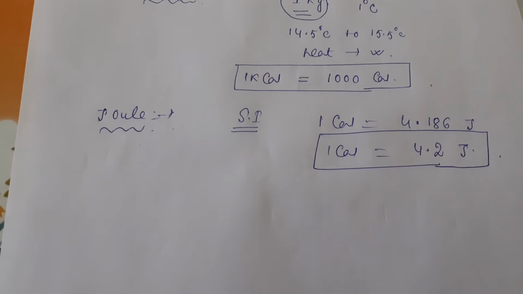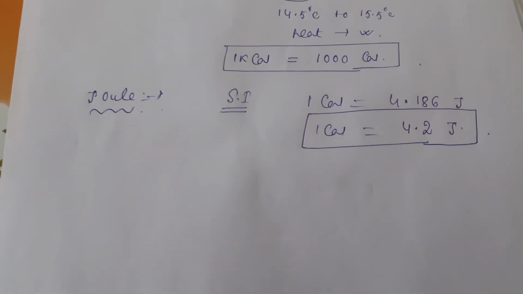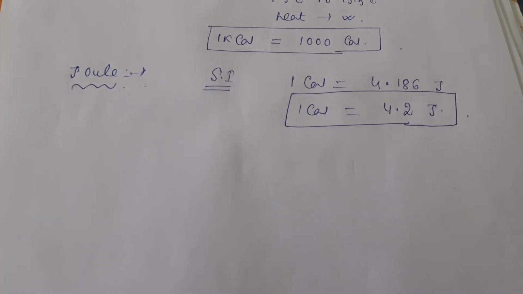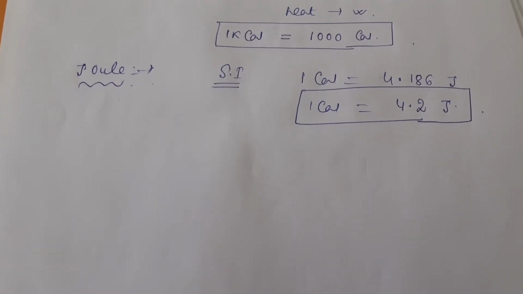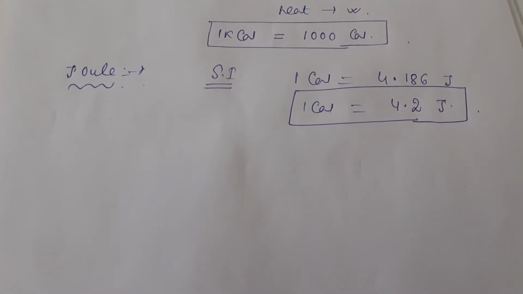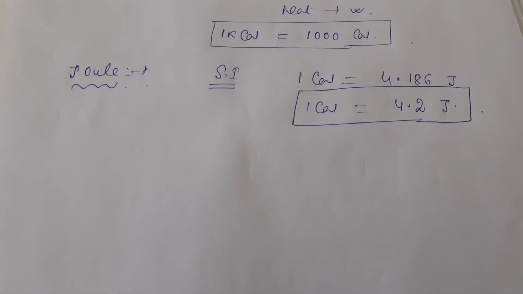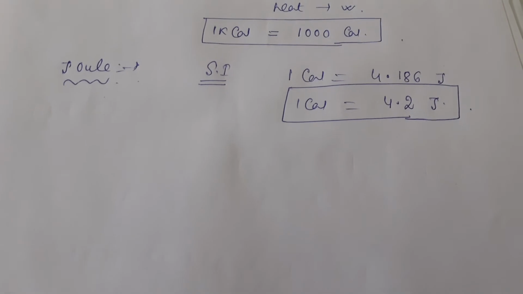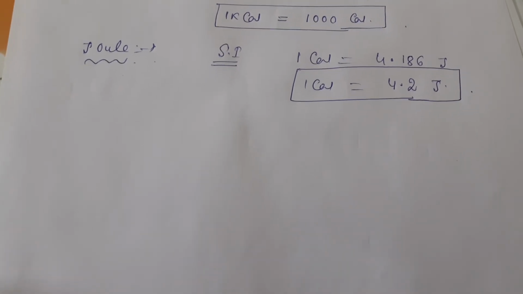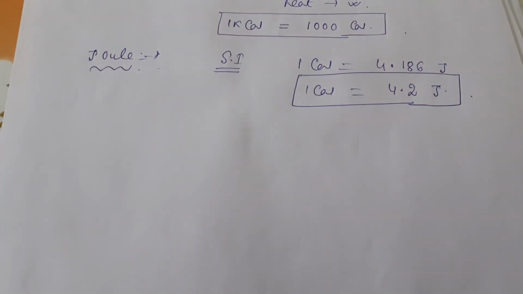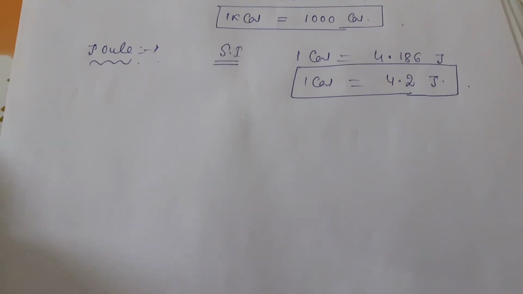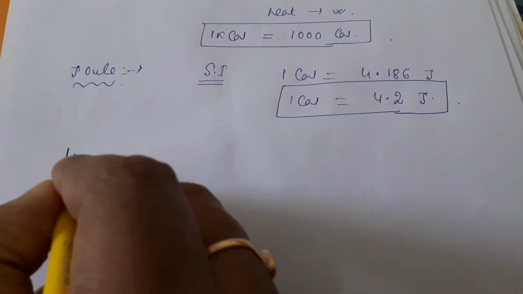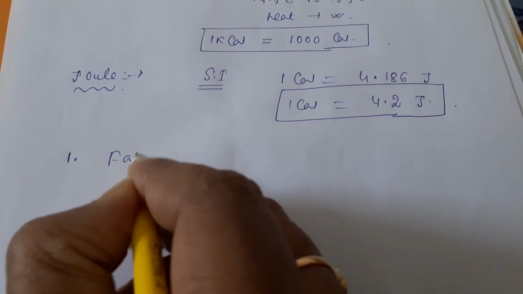Next part which is present in the chapter is the thermometric scales. There are different types of scales to measure temperature, or thermometers. Different thermometers you also know: Fahrenheit scale thermometer, Celsius scale, Kelvin scale. All these things are present, and their relation is also very important. So one by one I'm going to tell that. The first one given in your book is the Fahrenheit.